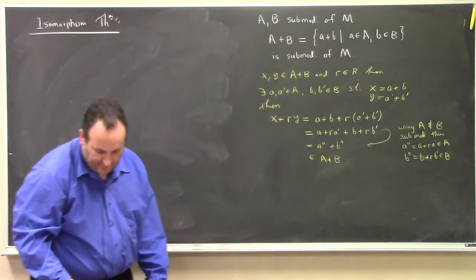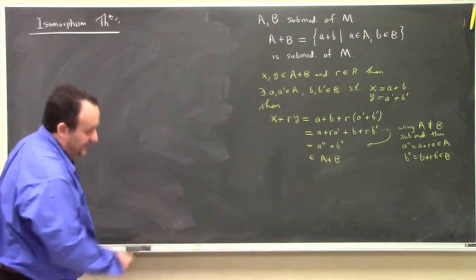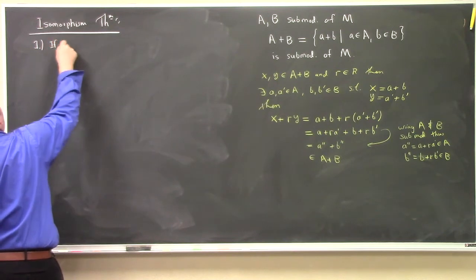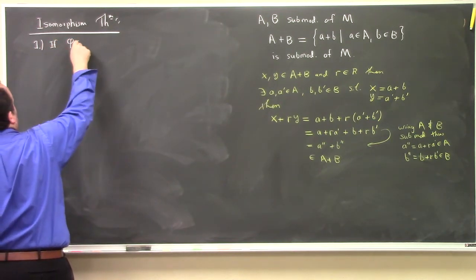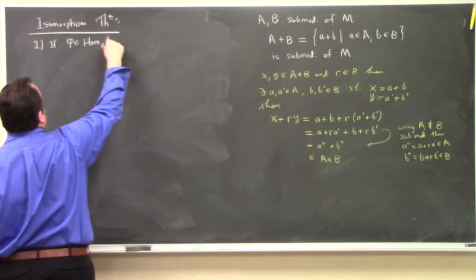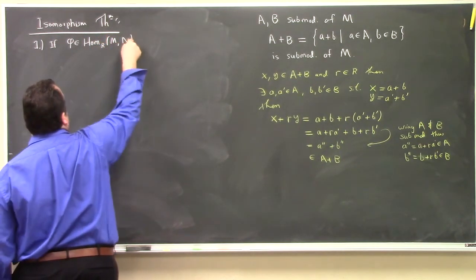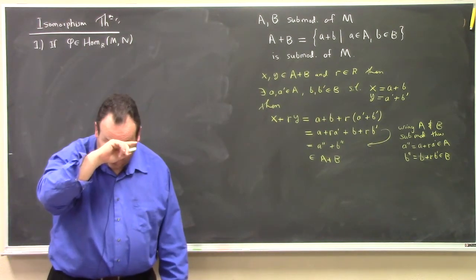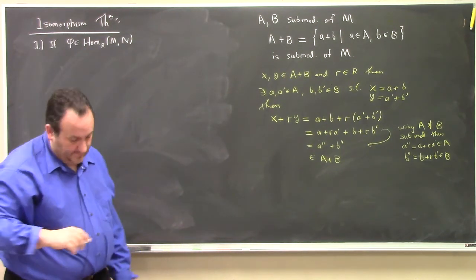There's the first isomorphism theorem, which is saying that if phi is an element of the R module homomorphisms from M to N, so think phi is an R module homomorphism from M to N, then